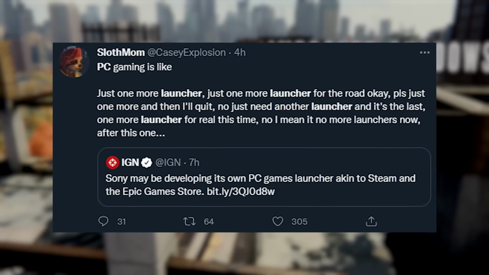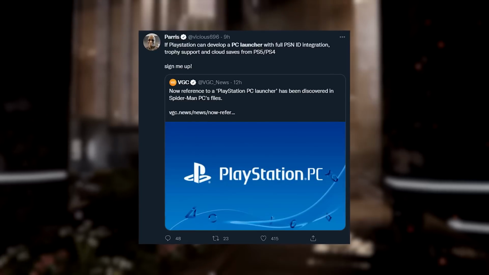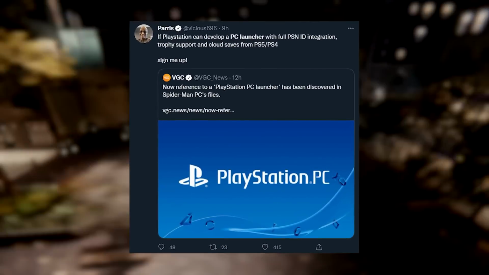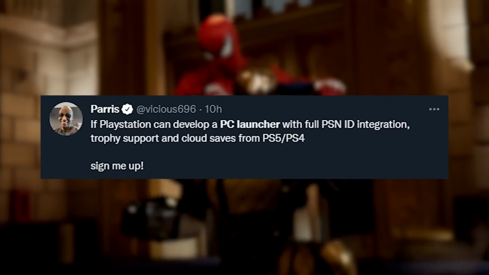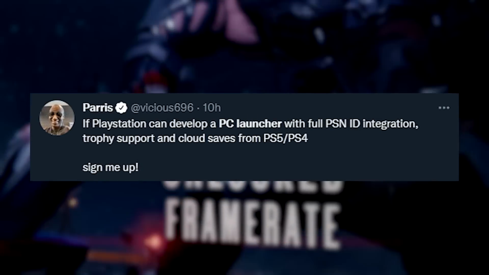in addition to Steam, the Epic Games Store, and all the other ones from publishers like EA, Ubisoft, Blizzard, Riot, etc. On the other hand, some have contemplated the benefits of a PlayStation launcher, or rather imagined it as a logical extension of PSN. Gamertag Radio and Kind of Funny Games host Paris Lilly put it simply: if PlayStation can develop a PC launcher with full PSN ID integration, trophy support, and cloud saves from PS5 and PS4,